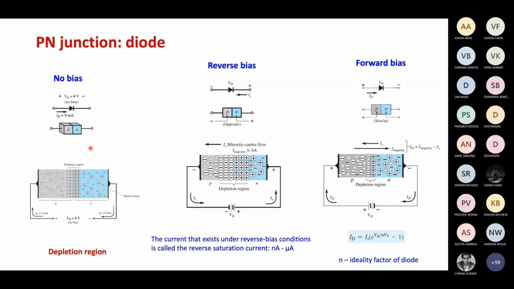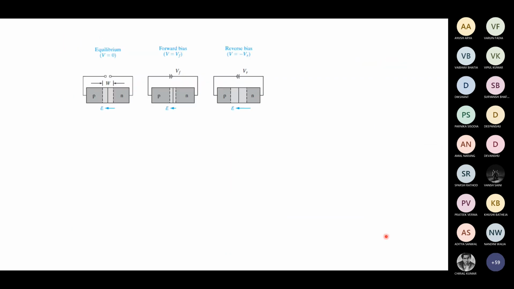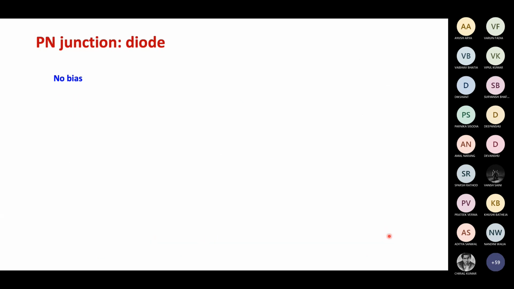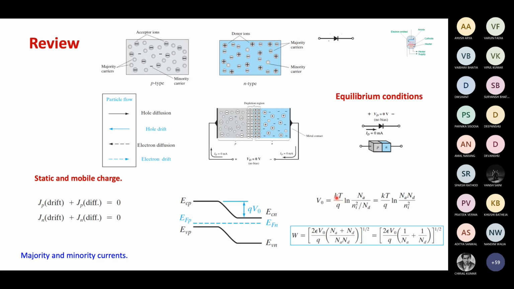And sir, what is VT in that expression? Yes, exactly, I'm coming to that. There are two parameters that are left. One is N and second is VT. VT is the thermal voltage and it's a constant. So VT is essentially KT by Q. K is the Boltzmann constant, T is the temperature, and Q is the electron charge.